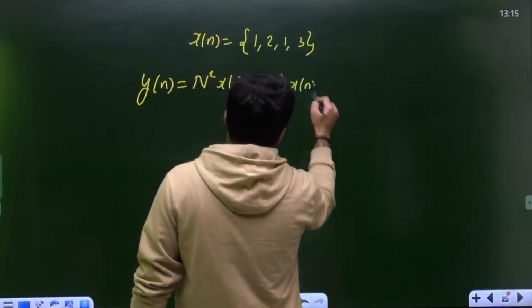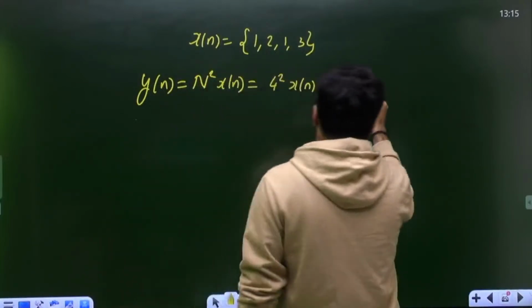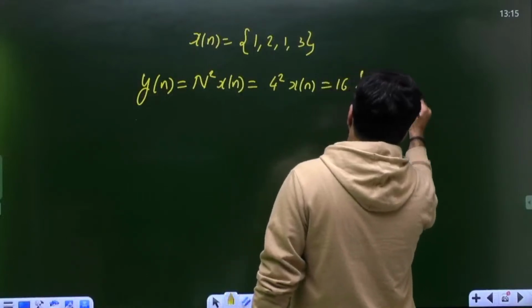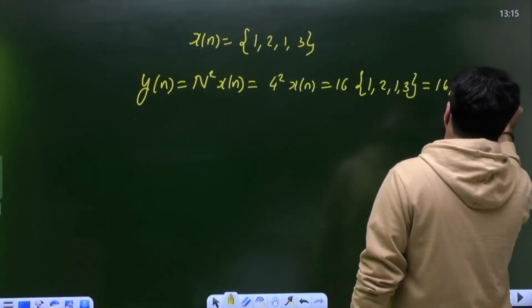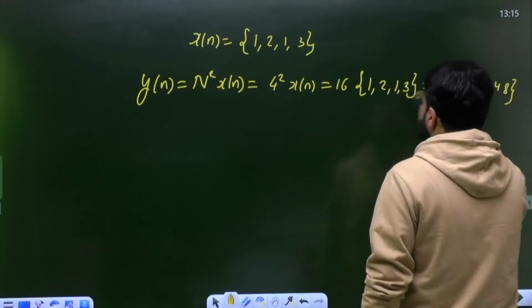4 square xn, or that is 16 times xn. 1, 2, 1, 3. And if you take 16 inside, it becomes 16, 16, 2, 32, 16, 1, 16, 16, 3, 48. Now the question is asking you,